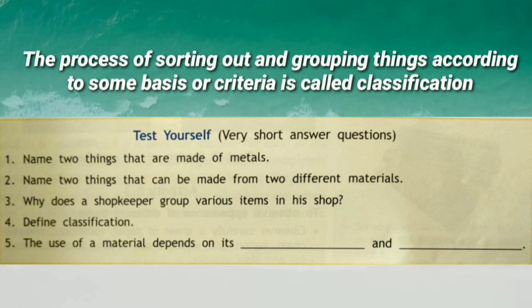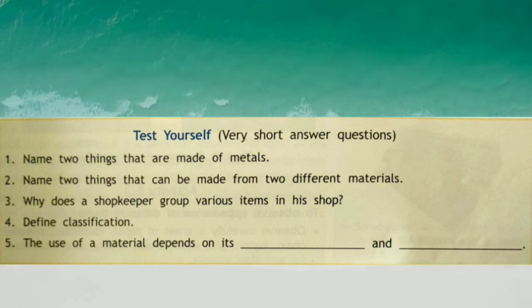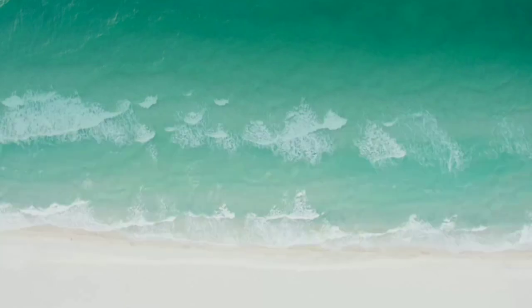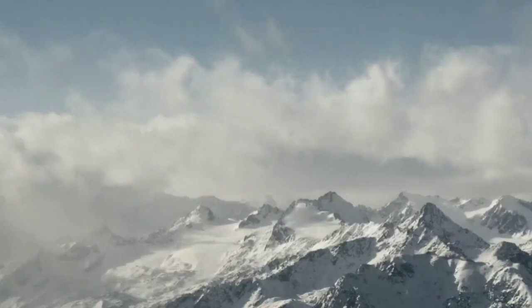The use of a material depends on its dash and dash. So the use of a material depends on its use and property. How we are using it depends on property and requirements. I hope, children, with this activity you